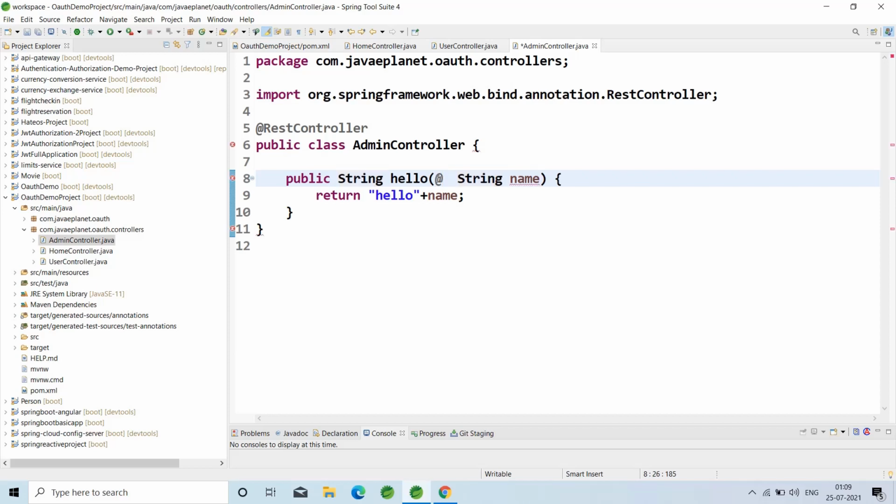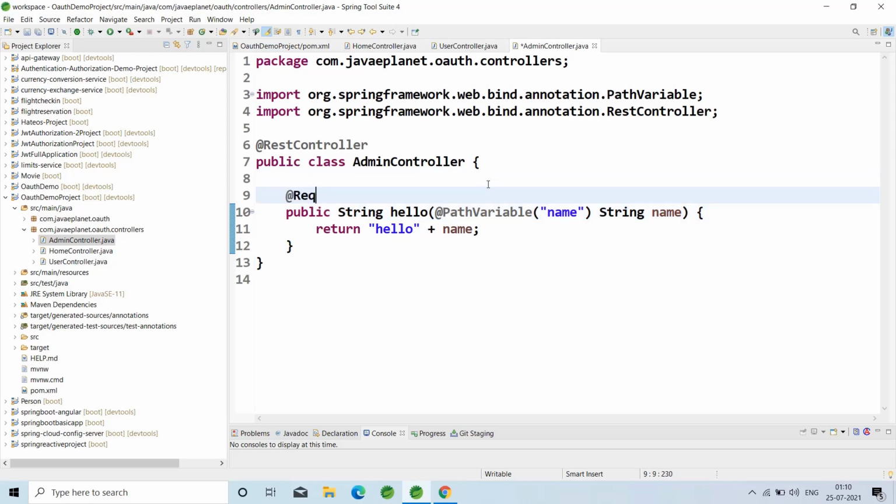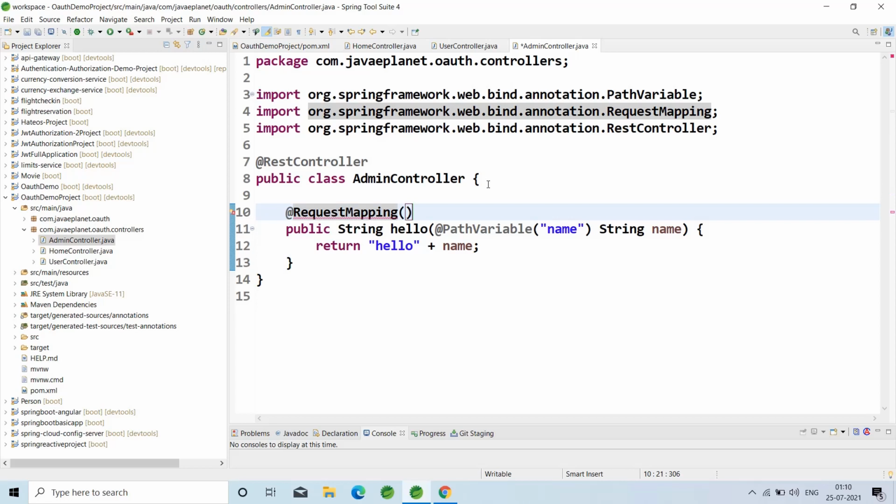Use @PathVariable for name. Format it, and map this method with @RequestMapping slash admin slash name, which binds the method parameter with the URL parameter by using @PathVariable. Control shift F and control S to save. Okay, we are done with creating the controllers.